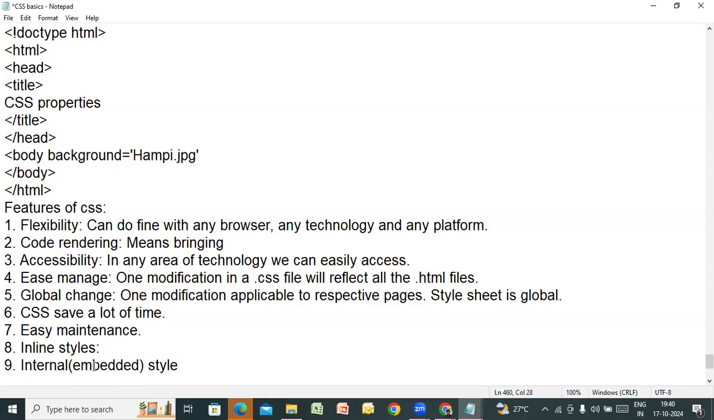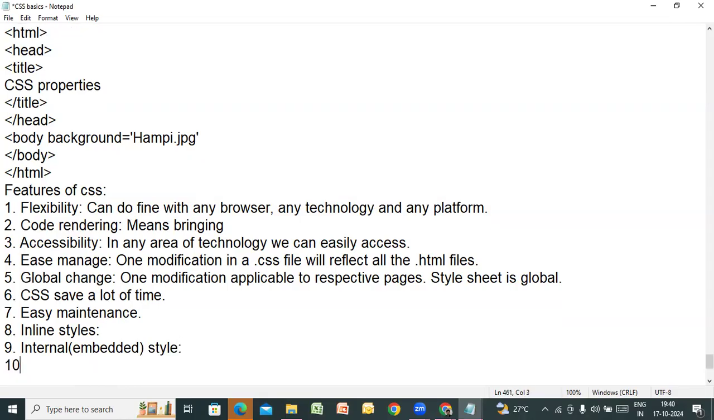Embedded style, internal, inline, external. What is the difference? Enti difference enti? Today we have seen external style also. So what is the difference between these 3? That is important. In an interview also they will ask you whether you know CSS or not. If it is there in your resume, then immediately they will ask one question in CSS, like what is the difference between inline style, internal style, and external style? You have to answer. Inline style means,